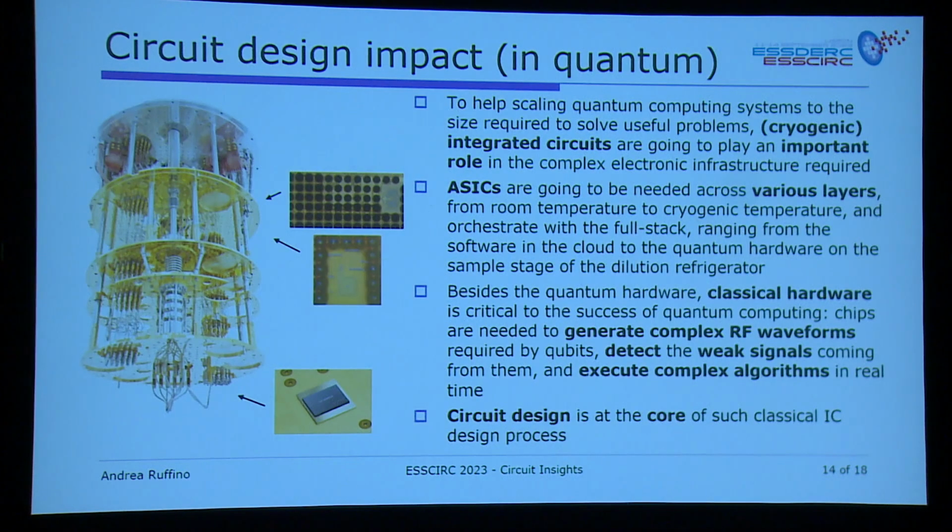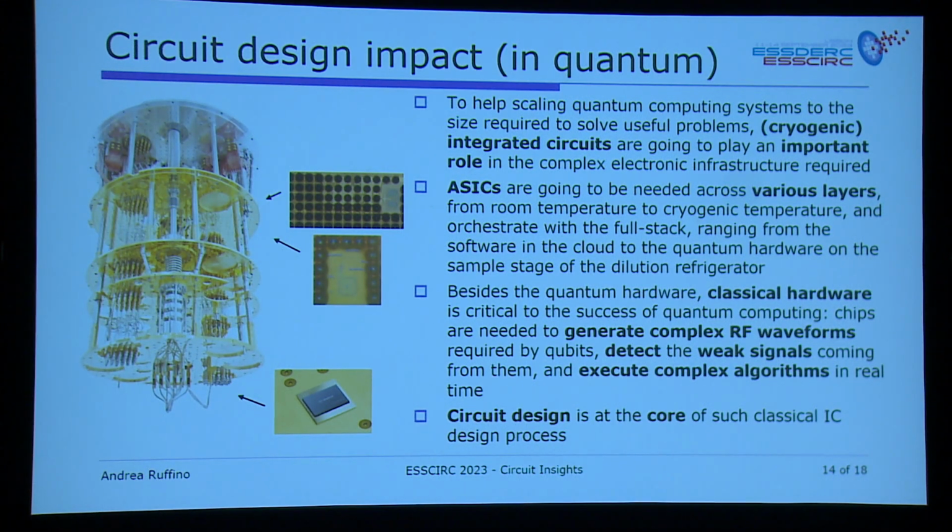So what is the impact and the role of circuit design in quantum? In order to help quantum computing systems to scale to the required size, which is going to be needed in order to be able to solve useful problems, integrated circuits are going to play a role. And in particular, cryogenic integrated circuits are going to play an important role. ASICs,